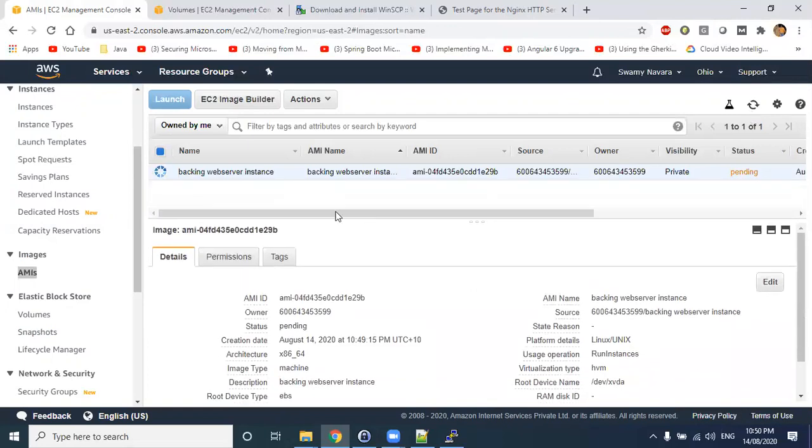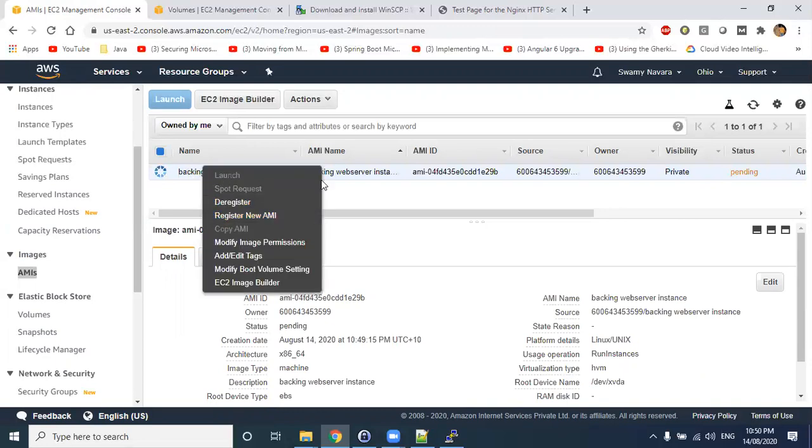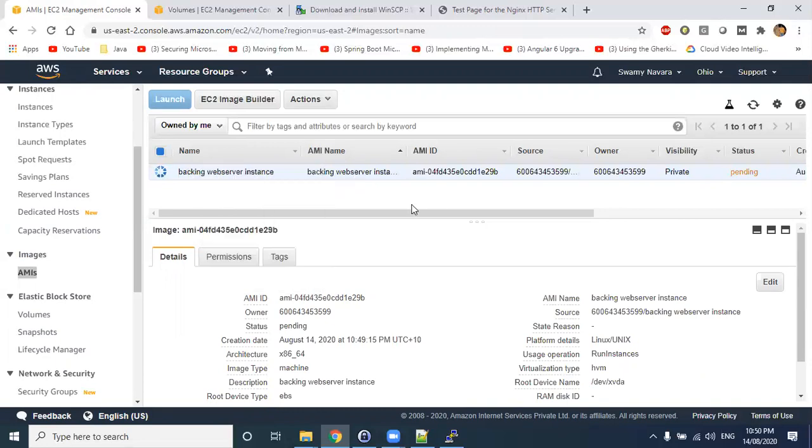Next time, say for example, you want to spin up an EC2 machine which will have an Nginx server and some default user data, then you don't need to always go and install it with yum update and all. You can directly create an image like this AMI image. Then you can create an instance from this particular AMI image, and start using it directly for your development or your application. So now it is available.